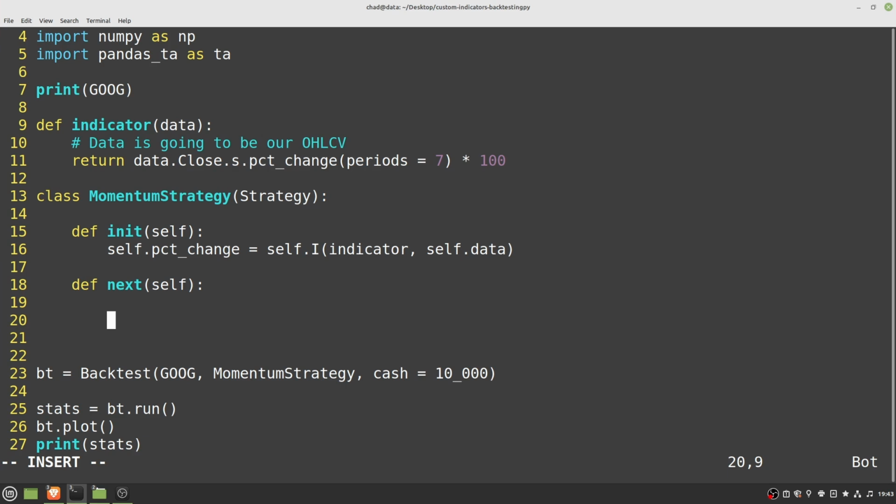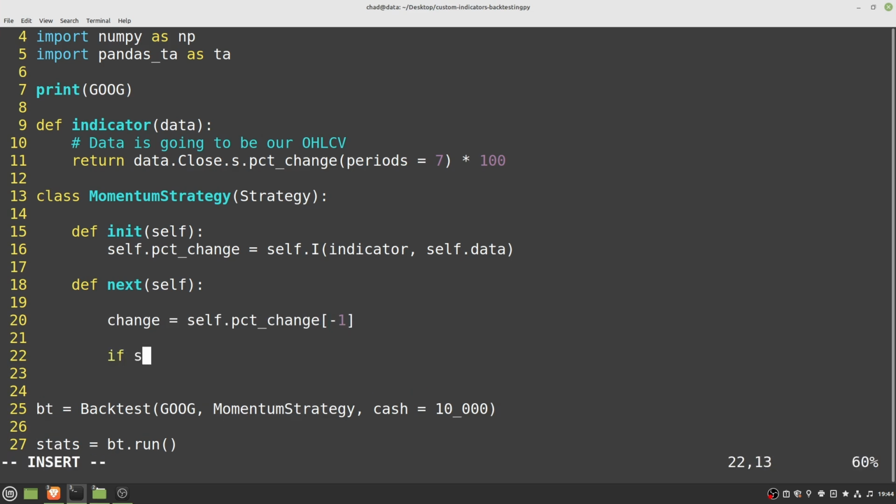For this video, I mainly wanted to focus on indicators, how you can create them, and why it's such a great part of the library. So let's quickly smash out this bit of code here. So I'm going to grab that indicator that we computed in init. I'm going to say change is equal to self.percent_change[-1]. So I'm just going to grab the most recent value here. And if we have a position,